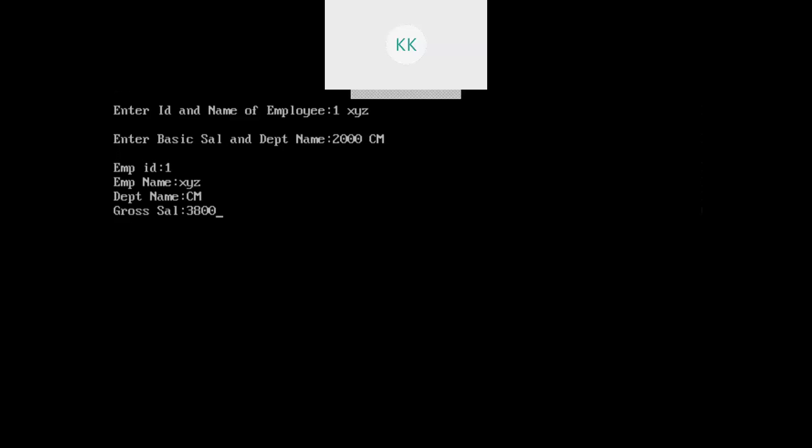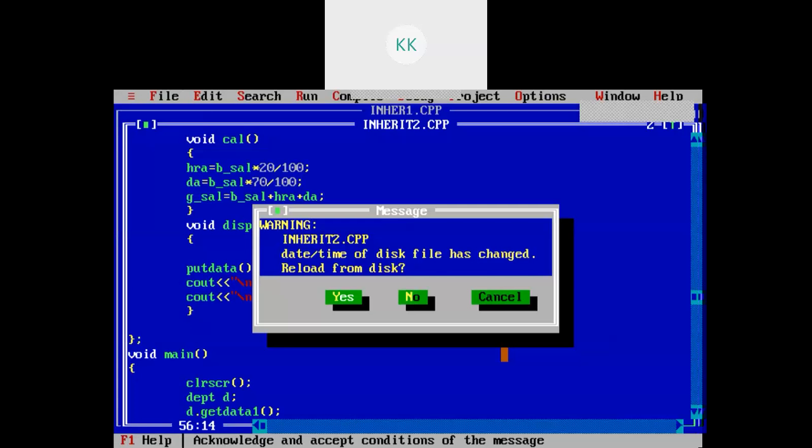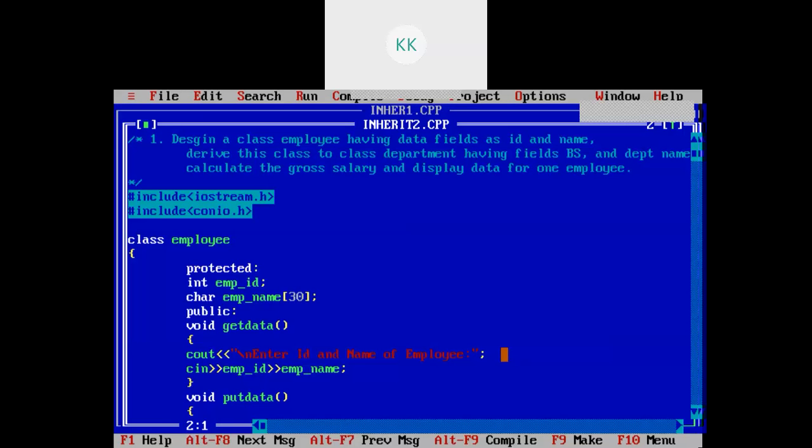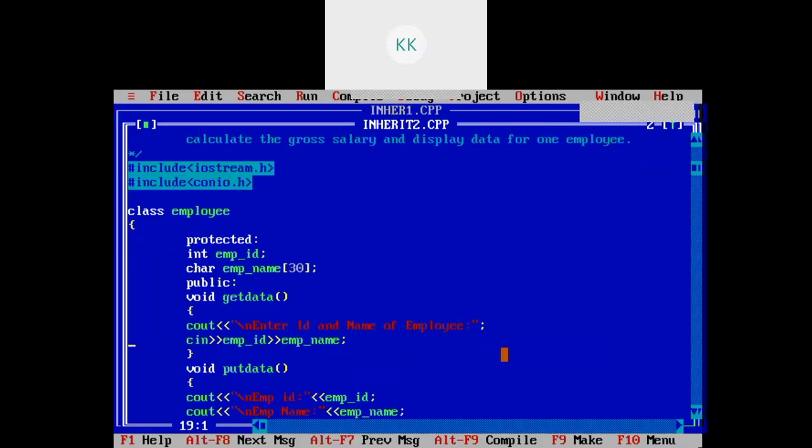Okay, so now it is giving us properly. So employee ID is 1, name is XYZ, department name is CM, and gross salary 3800. Okay, so this is how you need to write the program for inheritance.